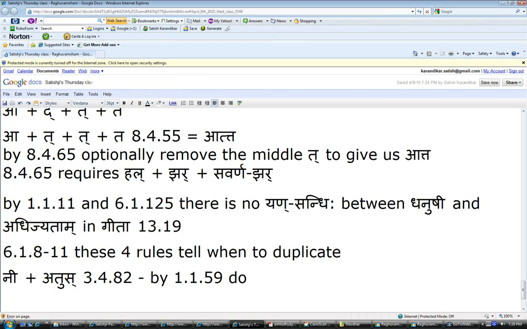Do duplication first. Because actually, if you look at the order of sutras, equivalency is 6177, while liti dhaturanabhyasasya is 618. So actually, equivalency is a parakaryam. One could have argued I should do equivalency first and not the dvitvam, because liti dhaturanabhyasasya, 618, is a prior rule. But 1159 solved the problem first. Okay, so now let's do duplication and do the ni atus.